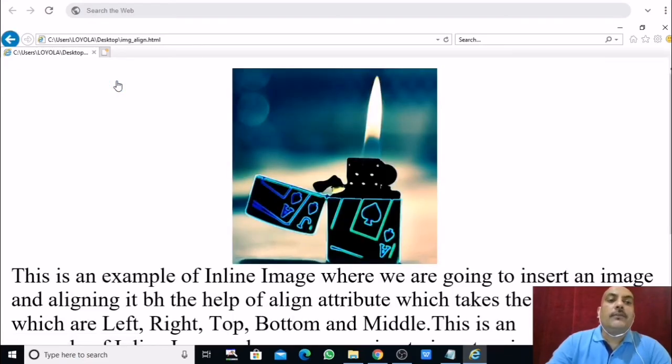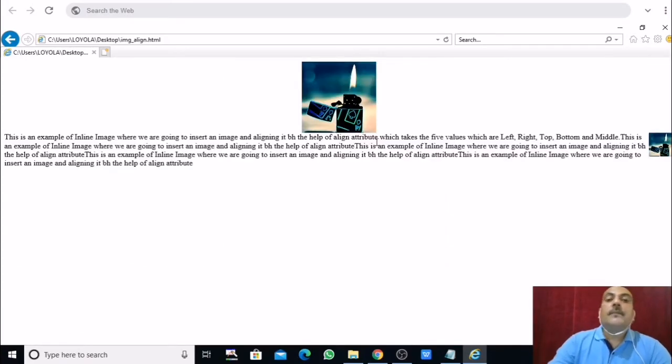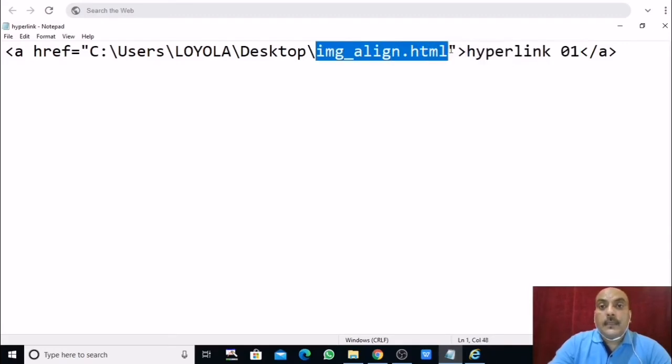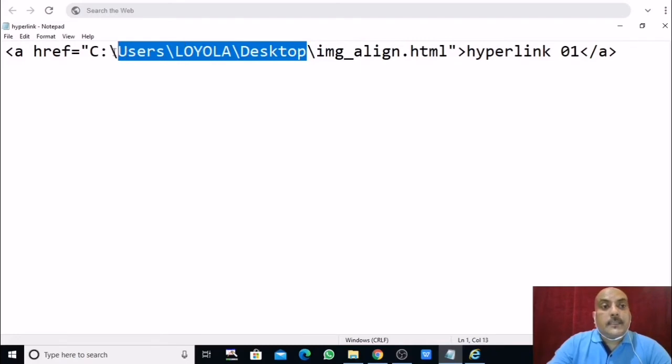When you click on that text, it will open the document whose path you have given here. So here it is opening this document img_align.html, which is located in this path.